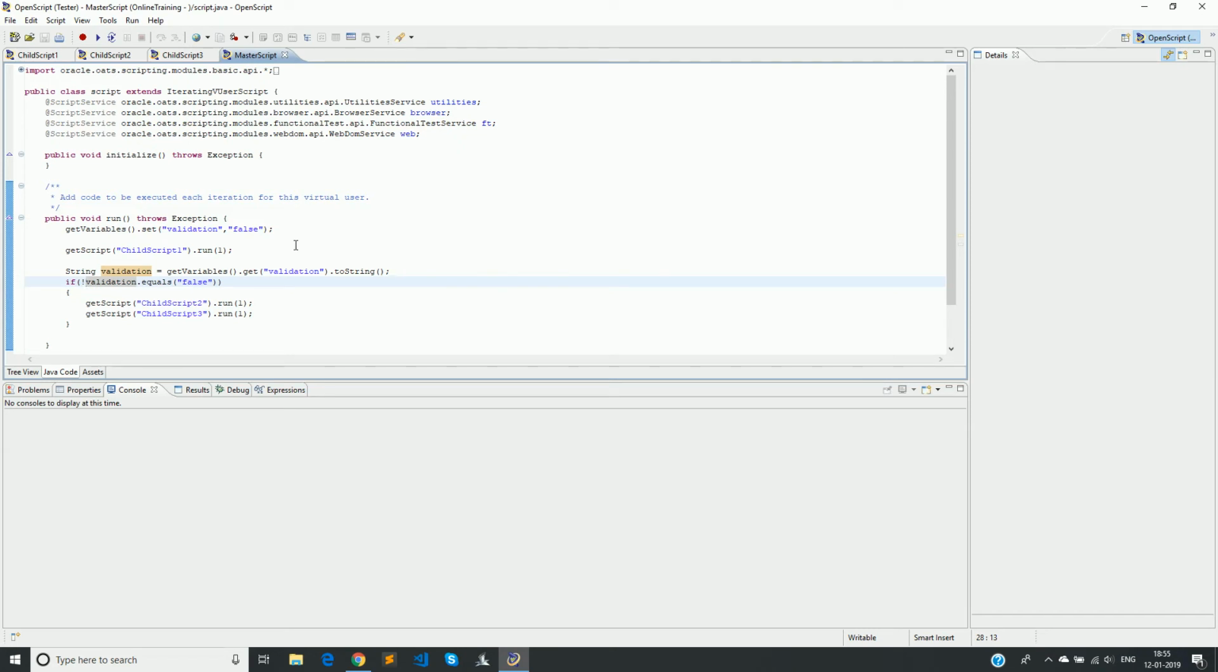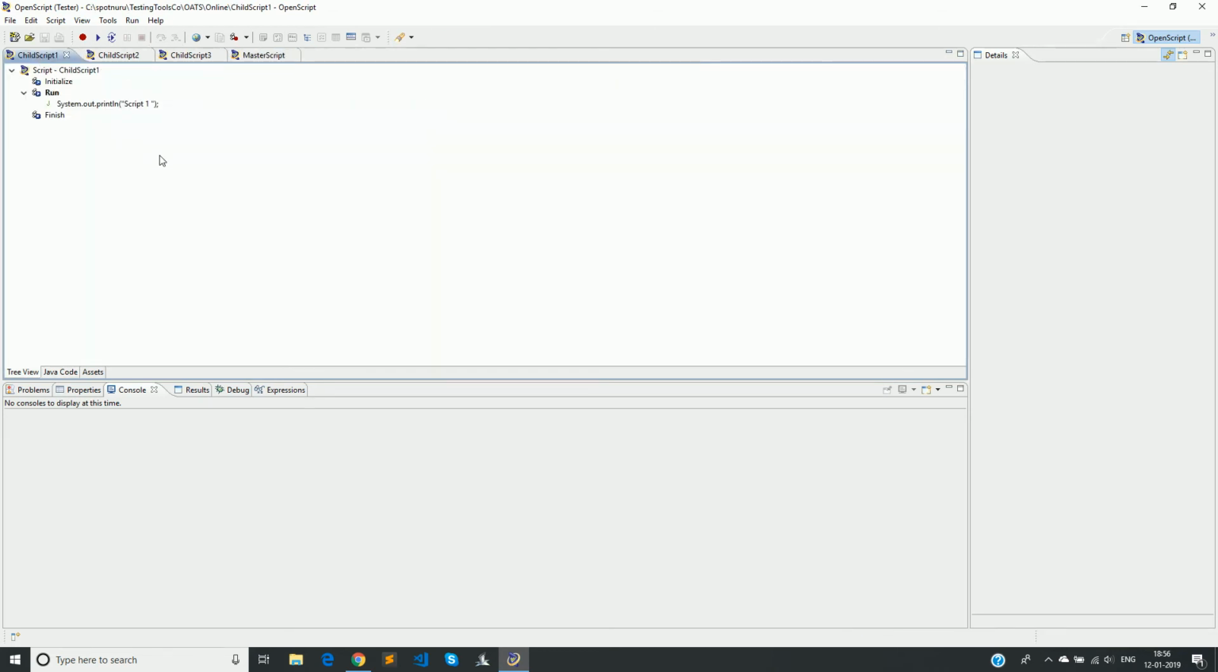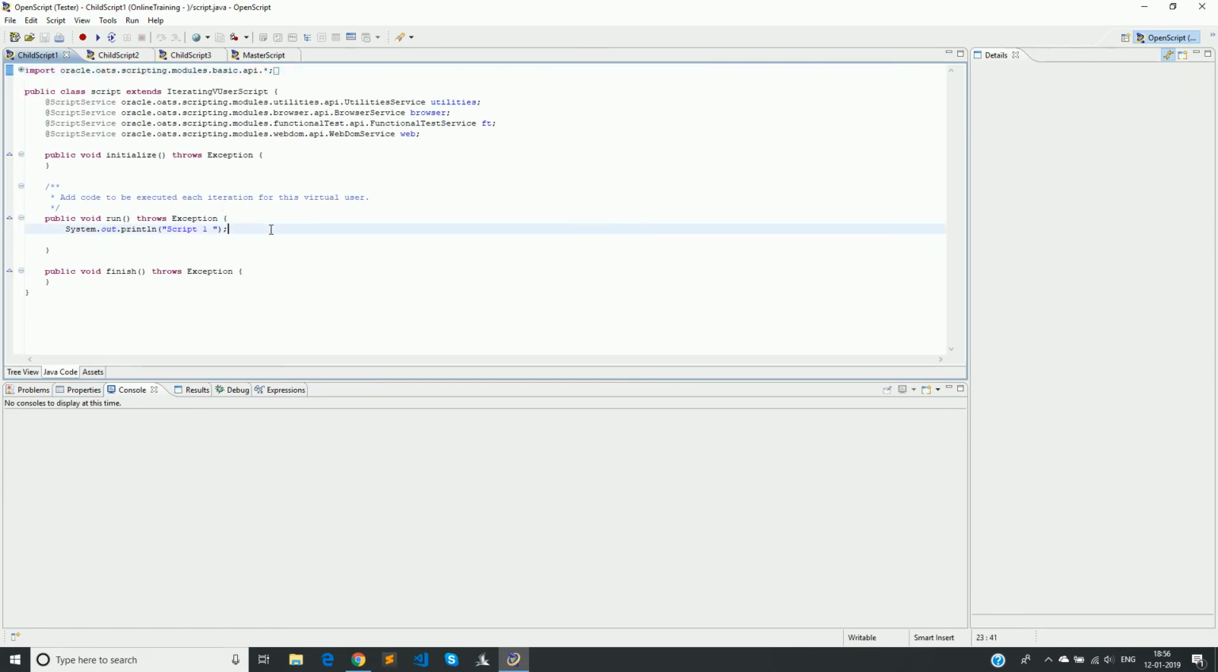So what we have done here in the master script, we have first set a global variable with name validation as false. And then after completing the execution of the child script 1, we will again get the value using the getVariables.get. And then if the value of this validation variable is not matching to false, then we will execute child script 2 and child script 3. Now in child script 1, I will update the value. So we use the same API